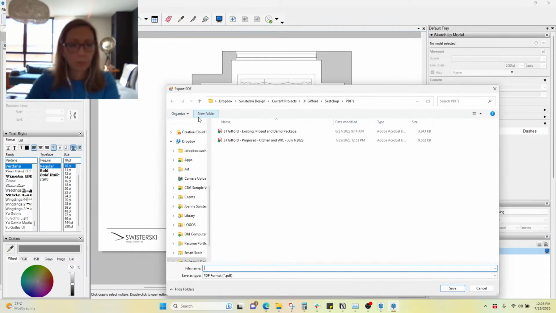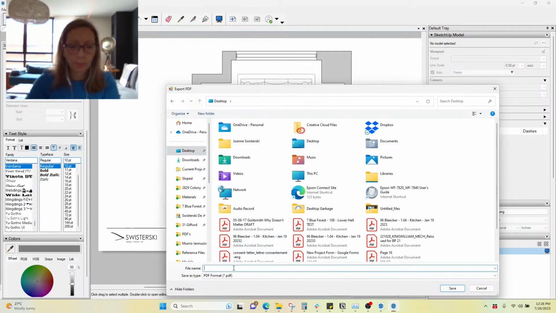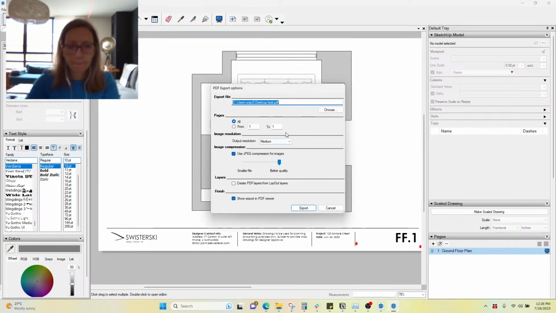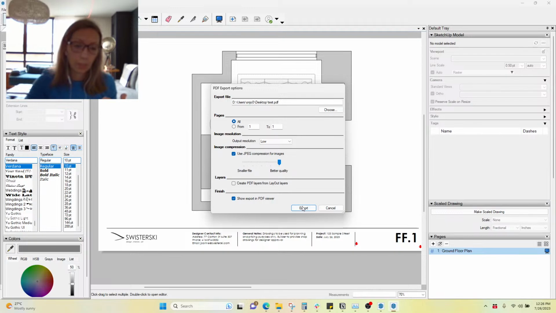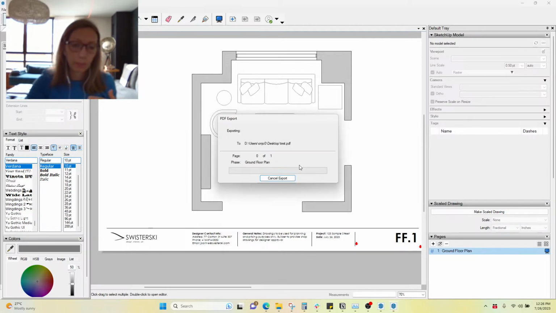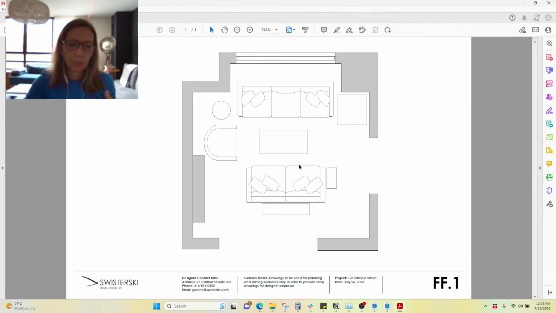Okay, so I'm going to export as a PDF, and I'll just save it on my desktop full of other junk. Call it test. And then what I've discovered recently, I was trying to explain to my co-founders, is that the best way to export things as PDFs is to actually make the resolution low and the JPEG compression high, and it actually exports pretty well as a small file. Because the issue that